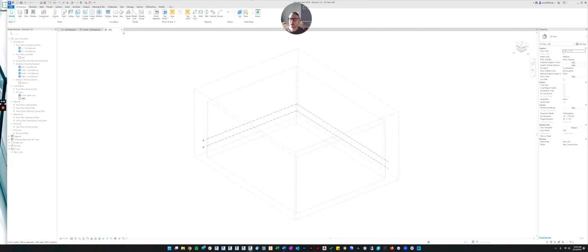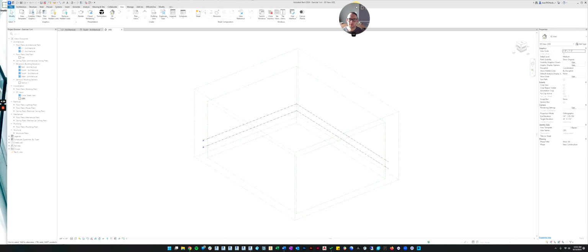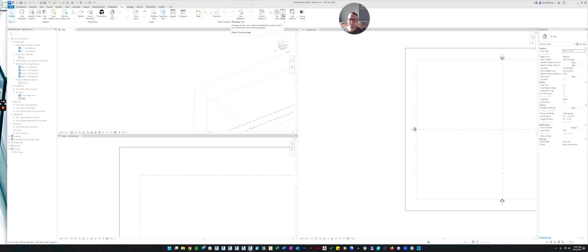Let's tile those. If you remember how to do that, you go to View, and down here where it says Tile Views, you can click on that. And if you hover over it, it'll tell you the shortcut. So on my computer, it's TW is the keyboard shortcut. I don't know if that's the same for you. I have my own shortcuts that I've created. I have thousands of them.